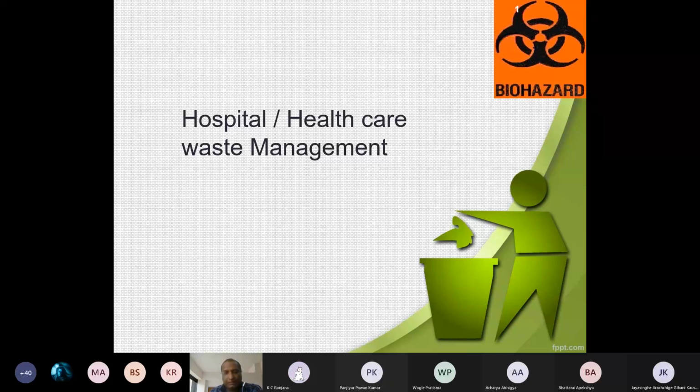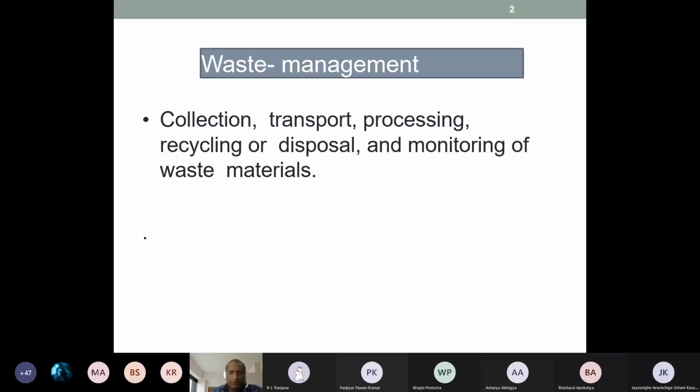have to manage. There are some steps given by the guideline from WHO. As per that, the government of Nepal has also recently published, especially in the COVID period, what precautions we have to take. But this is general. If you do this general thing in hospital routinely, then there will be fewer chances of transmission of any infection. Okay. So first of all, first slide,